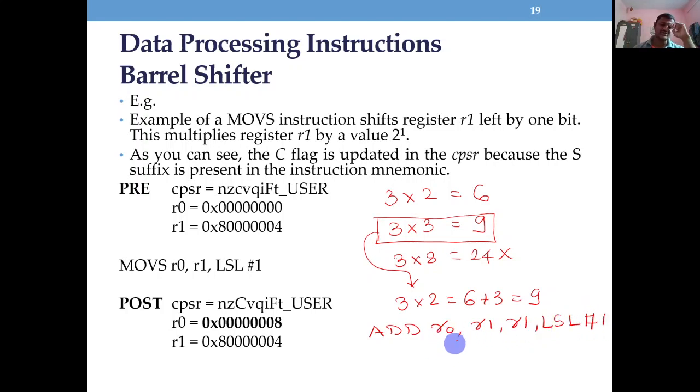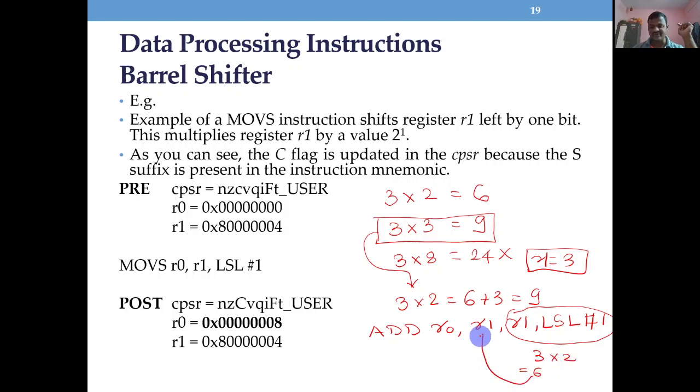Because for the add instruction, you can use 3 operands. Okay. So what will this perform? 3 into 2. Let's assume that the content of R1 is 3. That is multiply by 2. So you'll get the answer 6. That is going back to add with R1 again. But actually the R1 content is not updated, because the result is available in the barrel shifter. It does not update the content of R1. It is available in the barrel shifter itself.